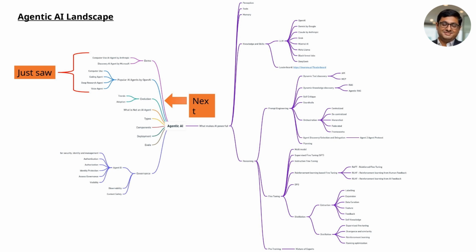Starting from the top left, you see the various agentic AI examples commercially available today. These are the agents we just saw in the earlier demo. Next, we'll move on to the evolution of AI agents, exploring how they've developed over time and what's driven their growth. If you're wondering what makes these AI agents autonomous and powerful, look to the right side of the slide. There, you'll find the building blocks, such as perception, reasoning, tools, and memory, that make agentic systems more than just